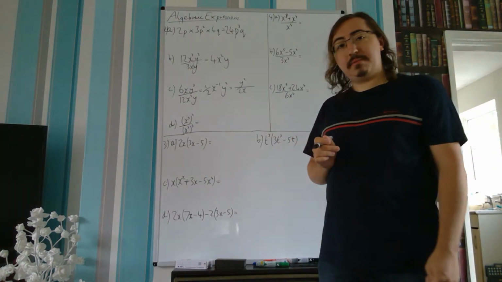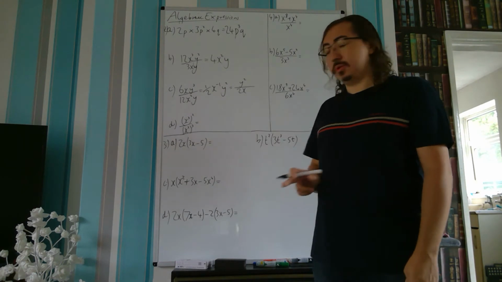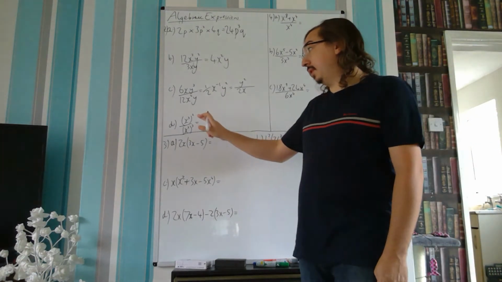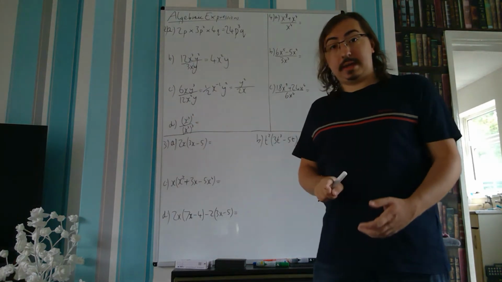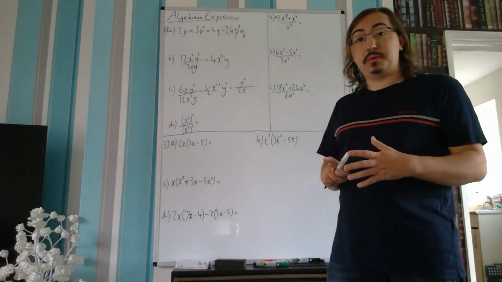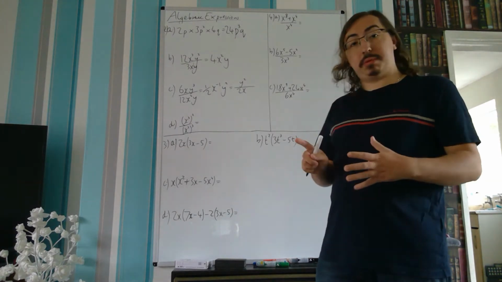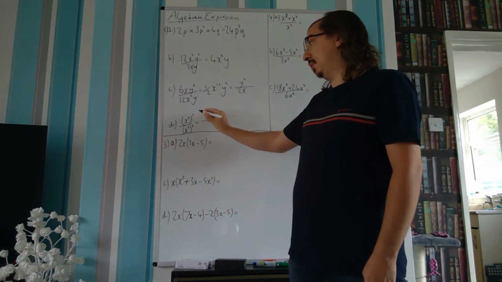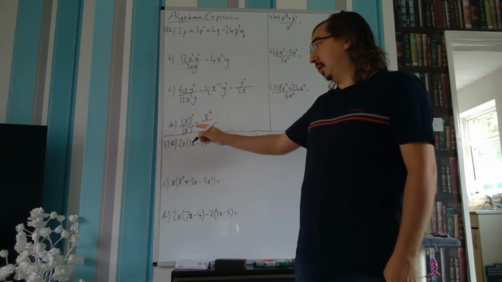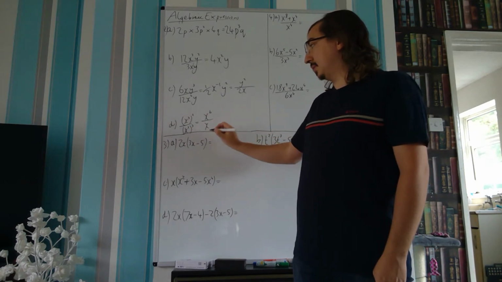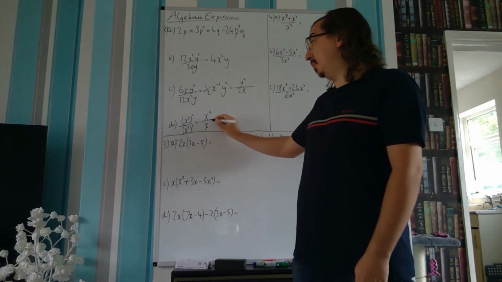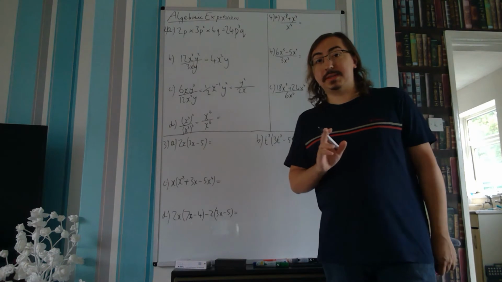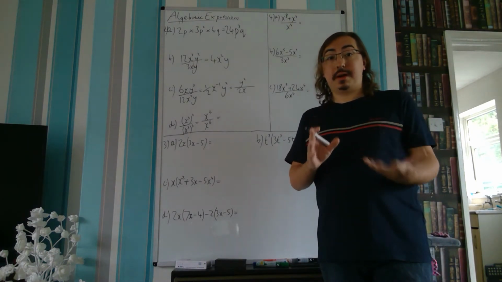Moving on to 2d then, we have an x cubed all squared over an x squared all cubed. So for this one, we've got our brackets. So if we have our brackets, what do we do with the indices? We multiply them. So in the numerator, we have x, 3 times 2 is 6. In the denominator, we have x to the power of 2 times 3, which is also 6. And if we've got x to the 6 divided by x to the 6, well, it's something divided by itself,